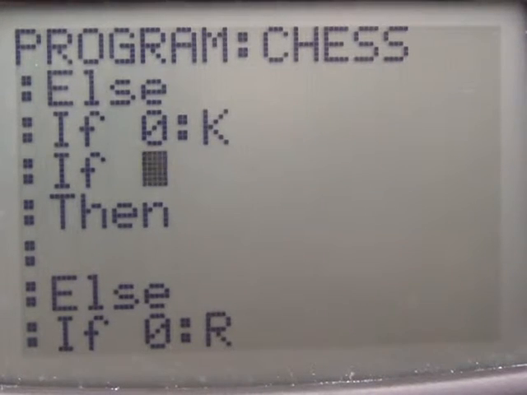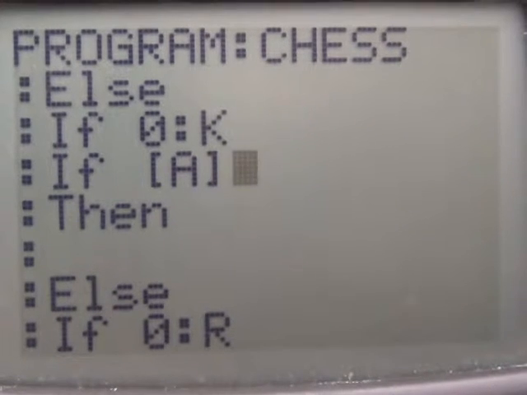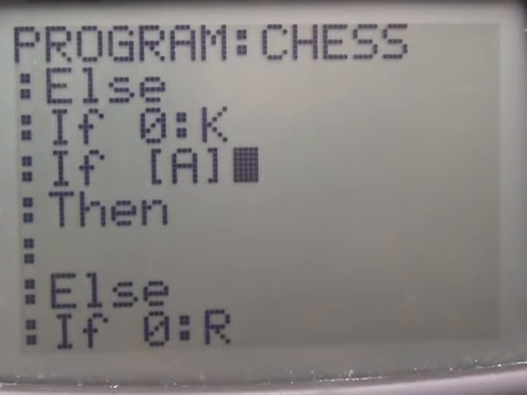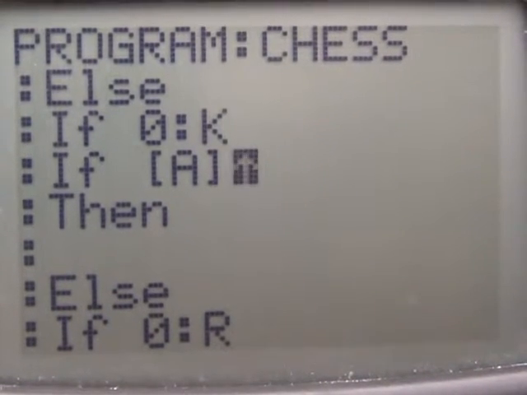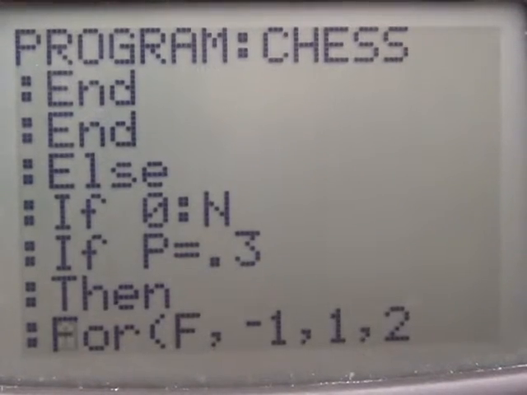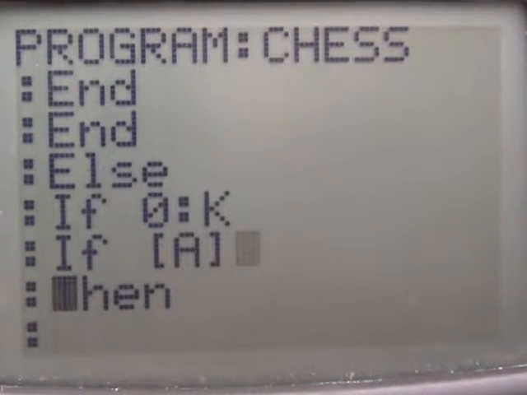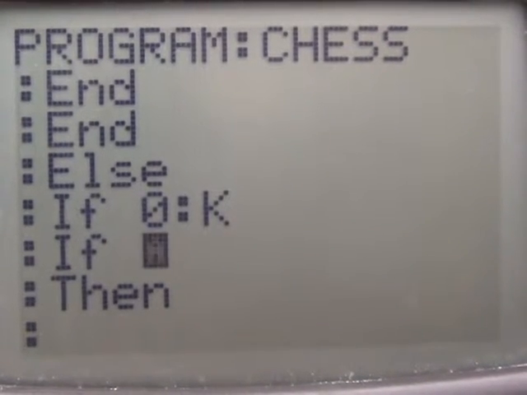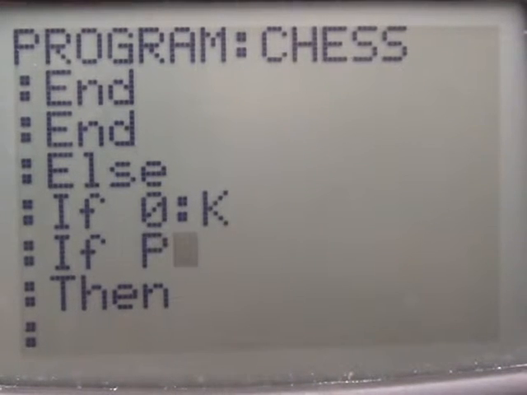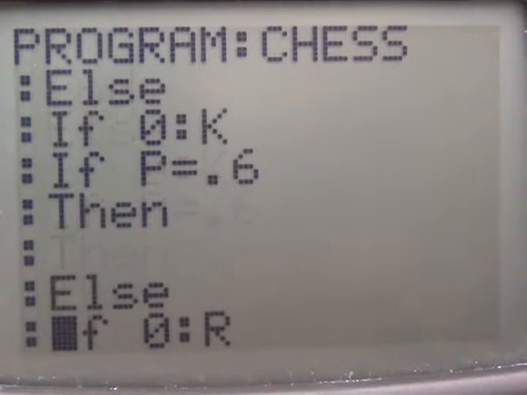So if matrix A... or I'm sorry, are we using P? If P equals 0.3, okay, so if P equals 0.6, okay, then,